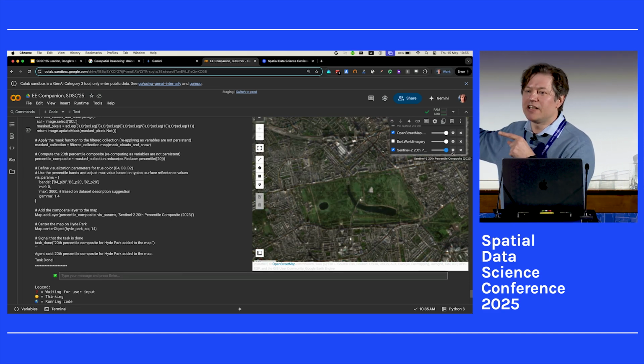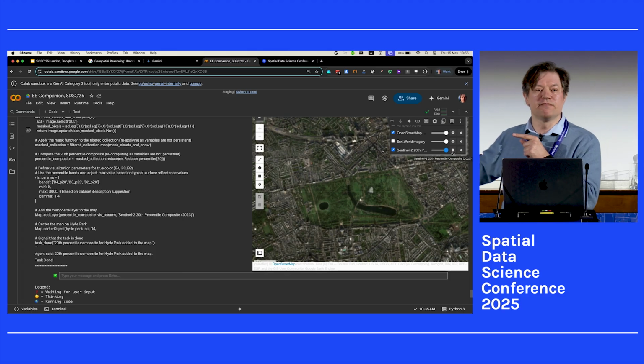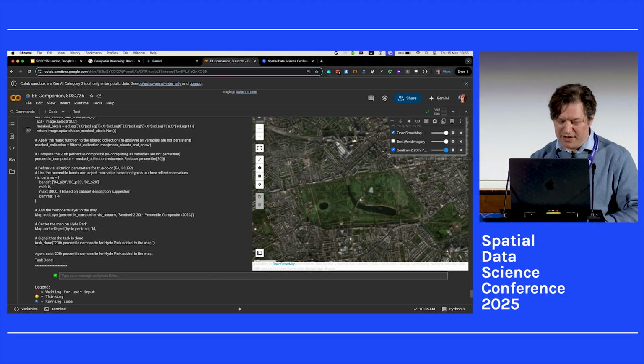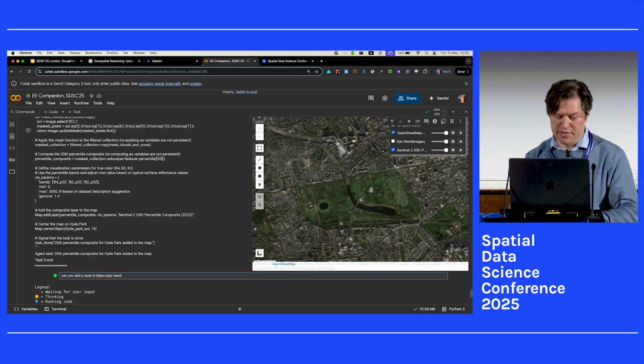So adding more questions, say, oh, I want to do it in false color. So, can you add a layer in false color band combination using SWIR, near infrared, and green?